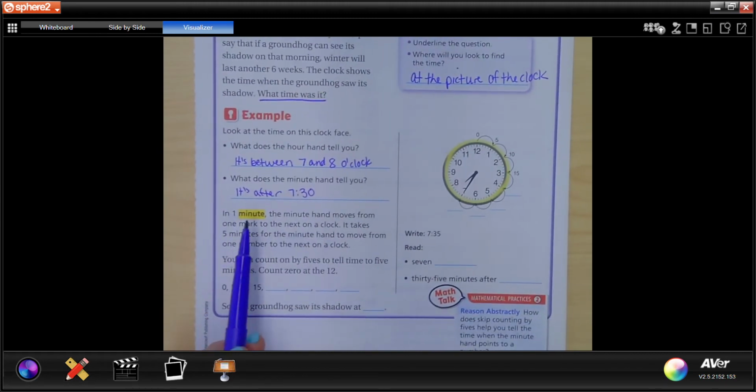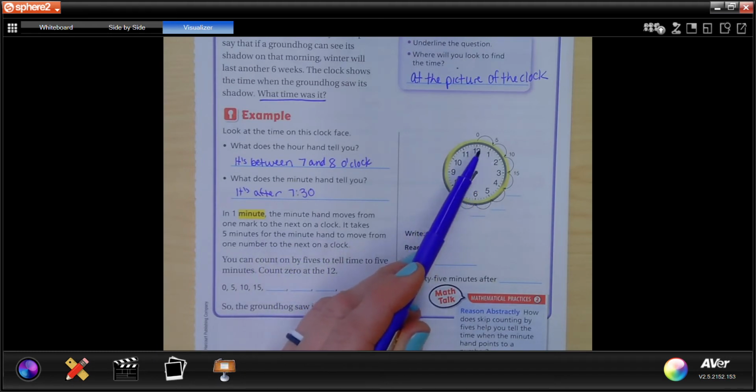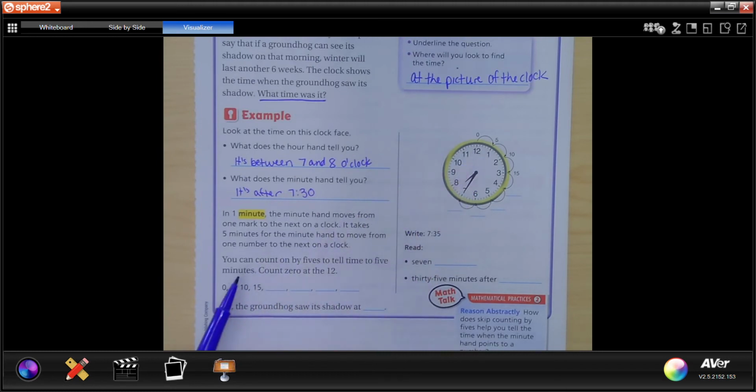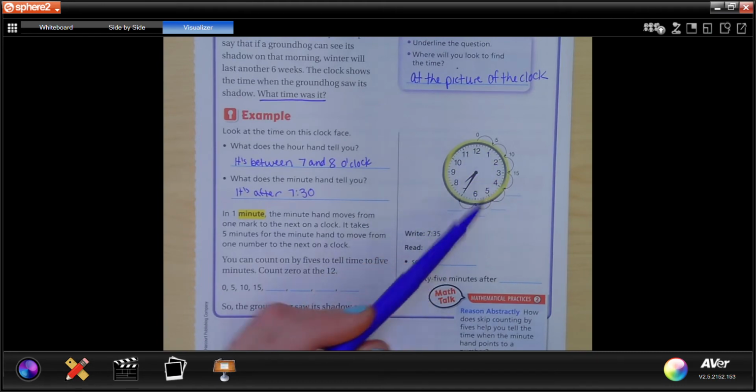In 1 minute, the minute hand moves from one mark to the next on a clock. It takes 5 minutes for the minute hand to move from one number to the next on a clock. So from one number to the next, it takes 5 minutes. You can count by fives to tell time to 5 minutes. Count 0 at the 12. So 0, 5, 10, 15, 20,